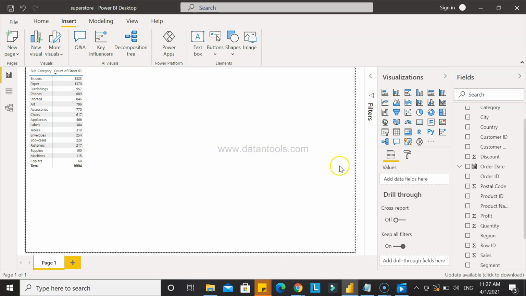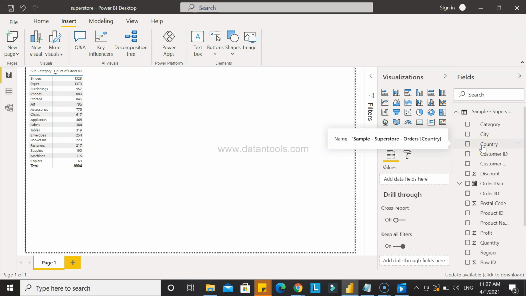By creating a measure, you can make sure that you have a central location where your count of values, or count of a field, is present, and you can simply use that field wherever it is needed. Whenever a change is required, you just change that one field or one measure, and at all the places where that field is used, in all the charts, it will be changed automatically. So let's see how you can do that.